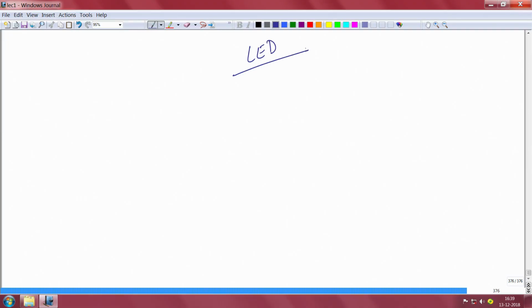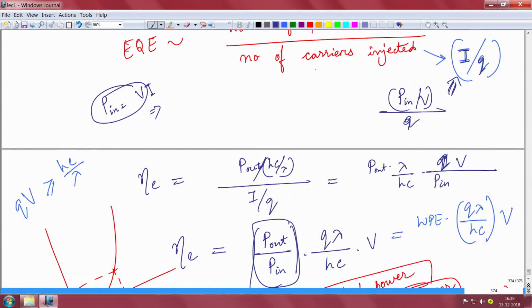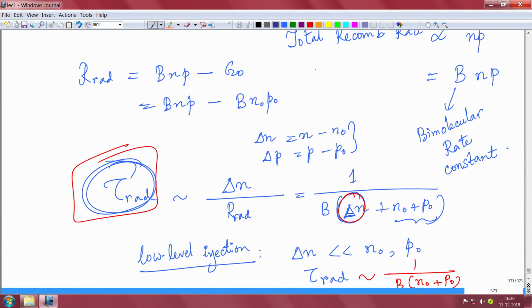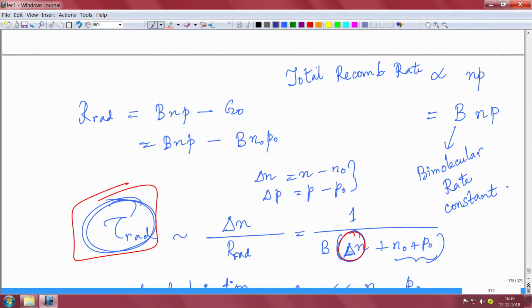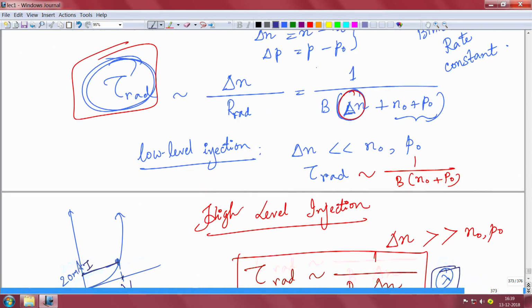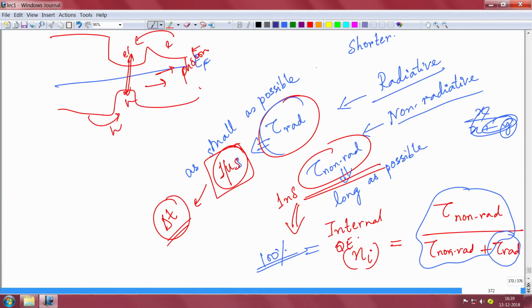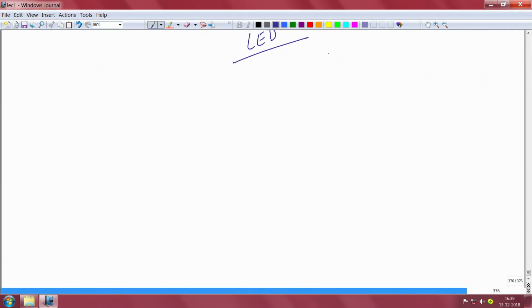So we have discussed the efficiencies, and if you recall the last lectures, we discussed the efficiencies and then also the recombination, the bimolecular recombination rate, and I had discussed how the excess carrier concentration is important, and for high level and low level injection, the internal quantum efficiency is given by the ratio of the non-radiative and radiative lifetimes sort of thing. So all these things we have covered. So today we shall discuss about an important thing, and that is called the losses. Okay, extracting light out